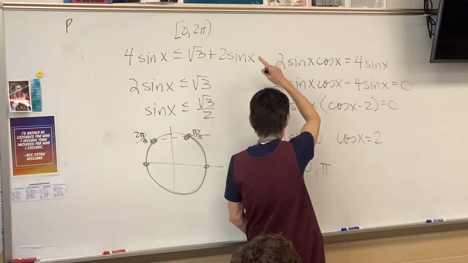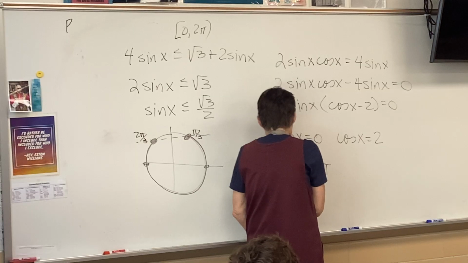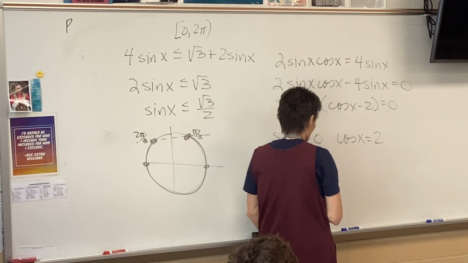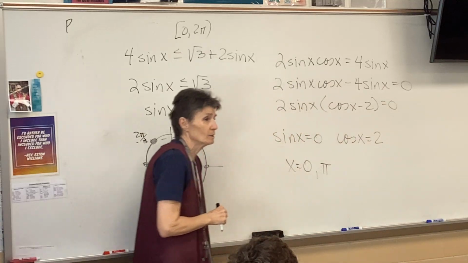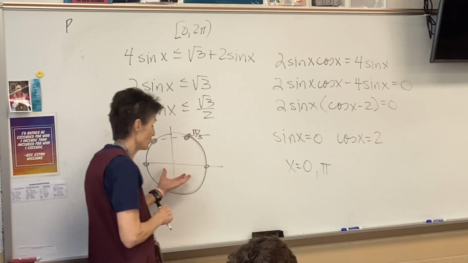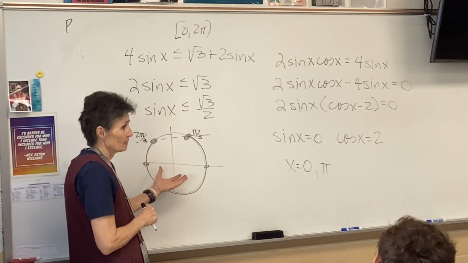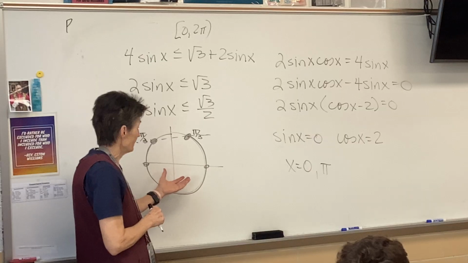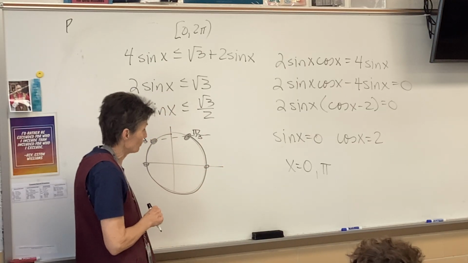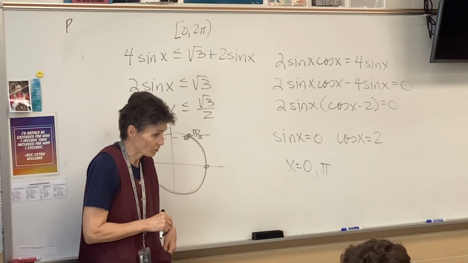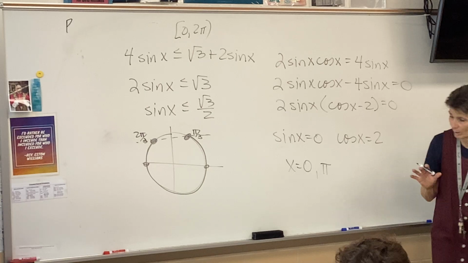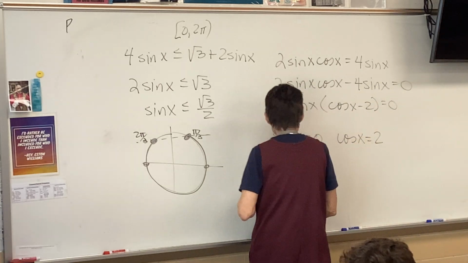And if it's included, which it's not, but if it were included, it would have 2 pi. All right, where does the cosine equal 2? It doesn't ever. Here's your circle. Cosine is x. X is 2. It's out here. No. Cosine never equals 2. So that's the answer to the question. Okay? All right, I want to point out one more thing though, because it did happen in your homework,